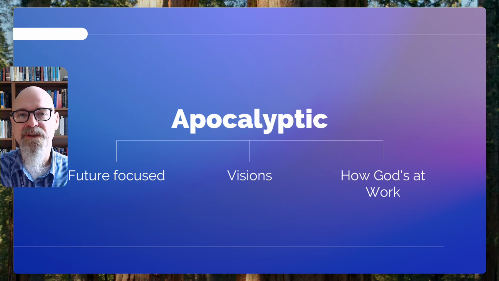And the key goal is to ask and answer the question of how is God at work? We sometimes get a little tripped up over apocalyptic because we spend so much time on the visions that we forget the big picture, that God is at work and He is defeating evil. He is bringing salvation to His people. So reminding ourselves of those things when we read apocalyptic is really helpful for getting the main point of what the author is trying to say.